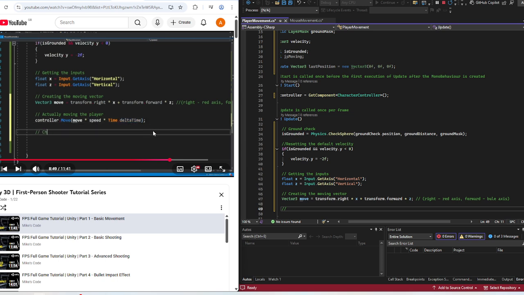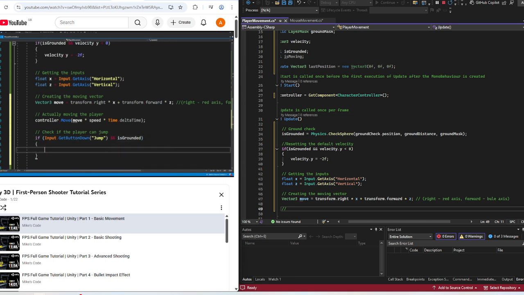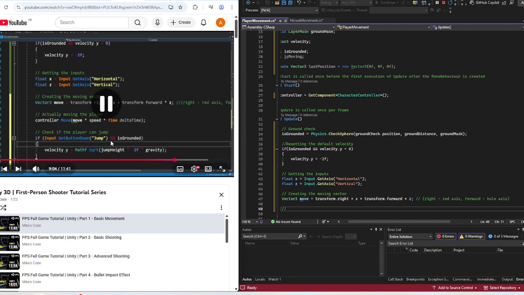Now we want to check if the player can jump. So if we press on the jump button, which is space, and we're actually standing on the ground, then we're going to create this equation that will make our player jump, right? Because we don't want to jump if